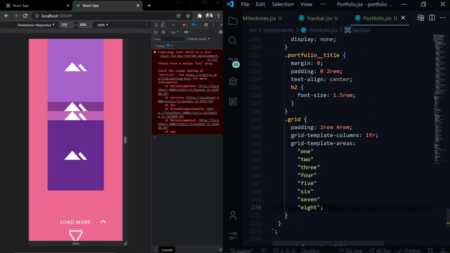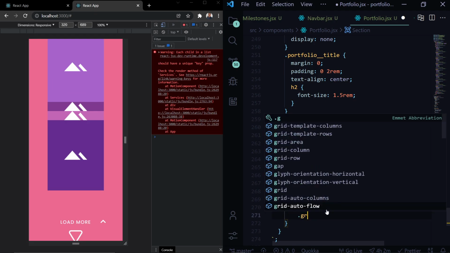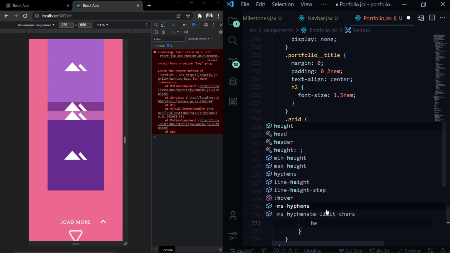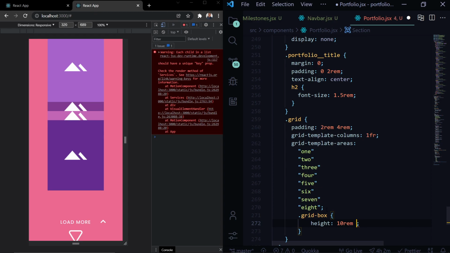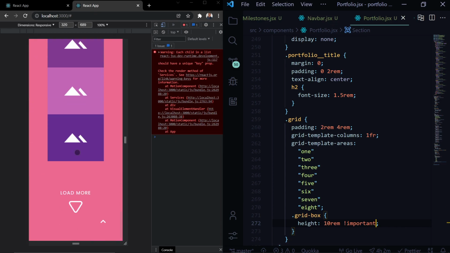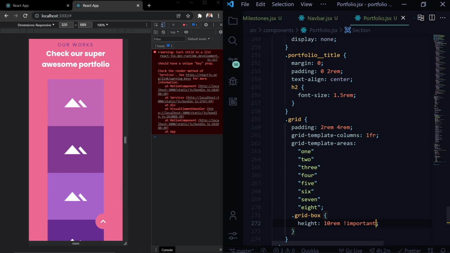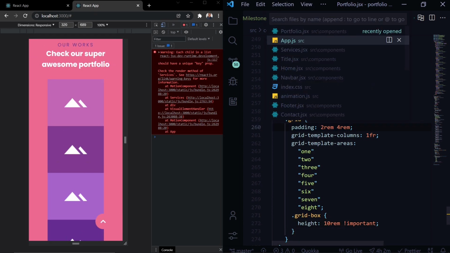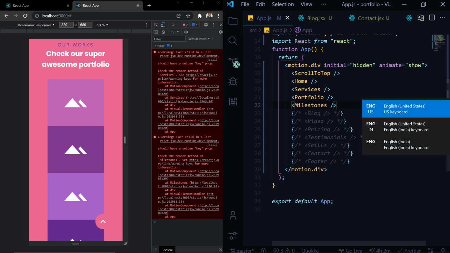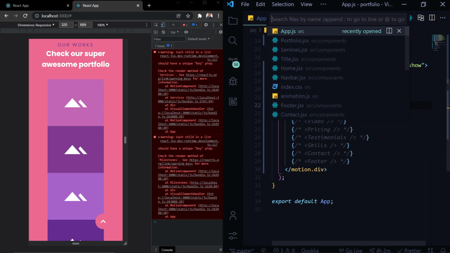Now we'll fix the height. We'll select the grid box. We'll give it the height of 10 rem. Important. Save it. Yeah. So portfolio is complete. Now head over to app.js and uncomment this milestones.jsx. Let's head over to